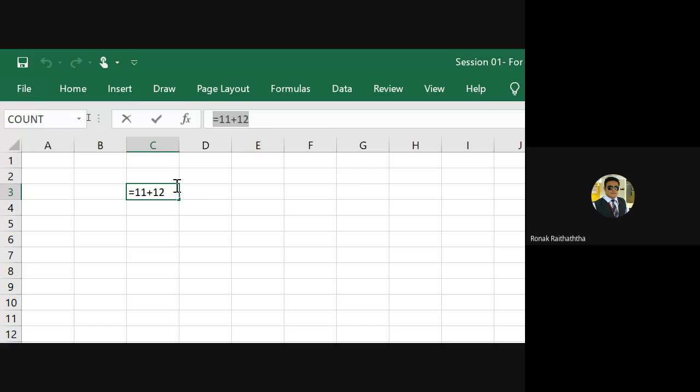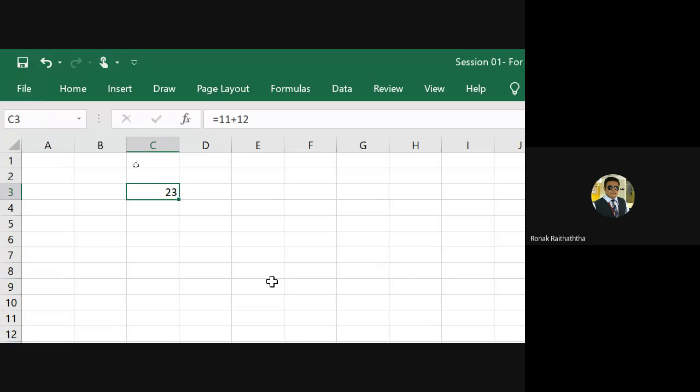See, in the display panel, you will be able to see the exact formula which is inserted to reach this 23. Now there would be various functions in Excel that you will be using, nested functions, nested IF functions, but the ultimate answer in the output in the cell would be different, right? So if you want to see the exact formula that you have used, you can go on that cell. Please put your mouse cursor over there, and then you can see it over here in your display panel. That is one way.